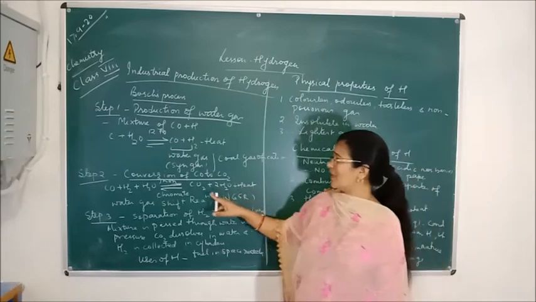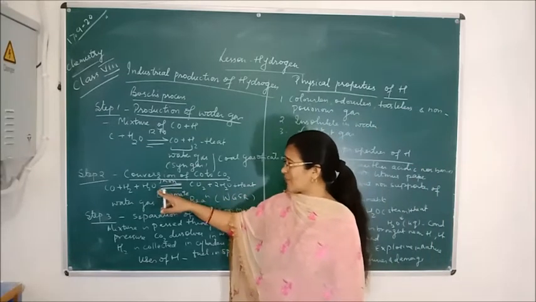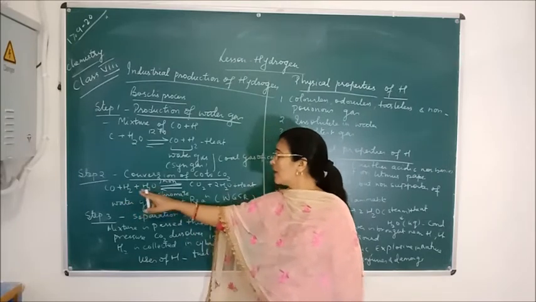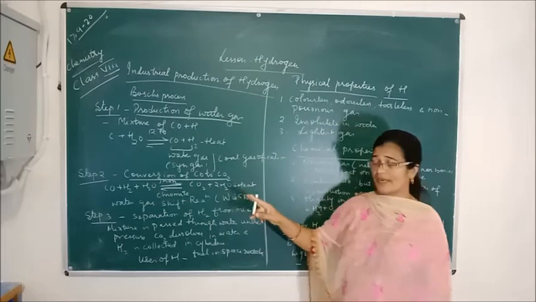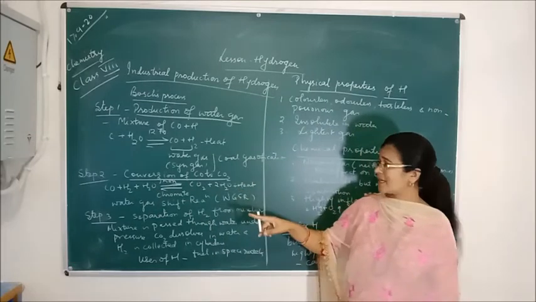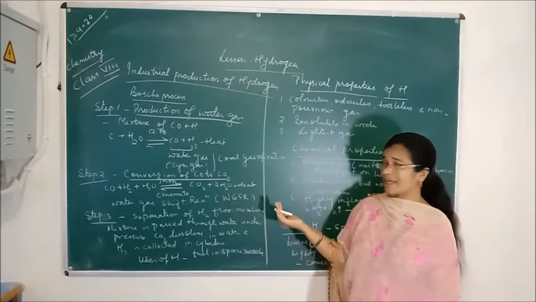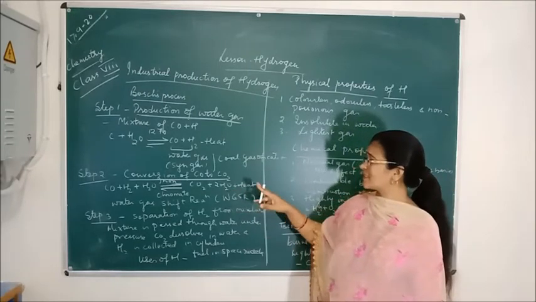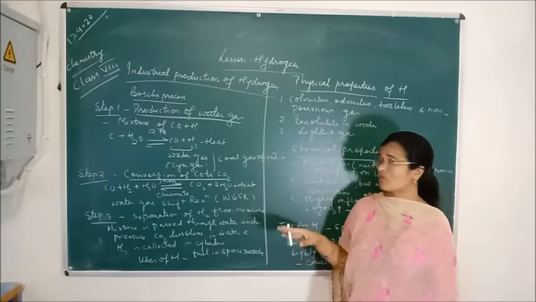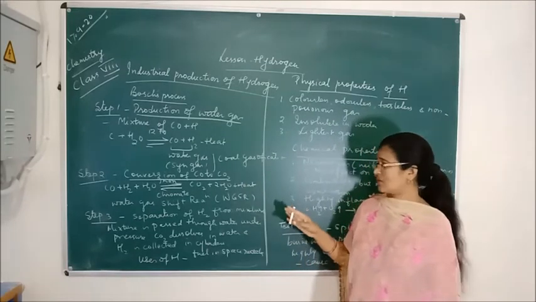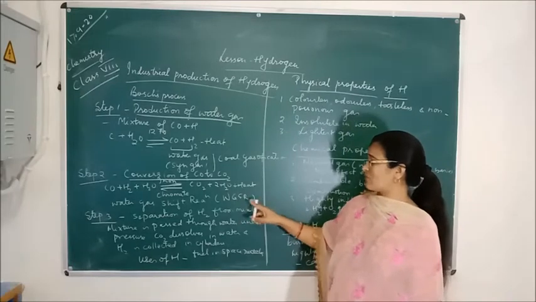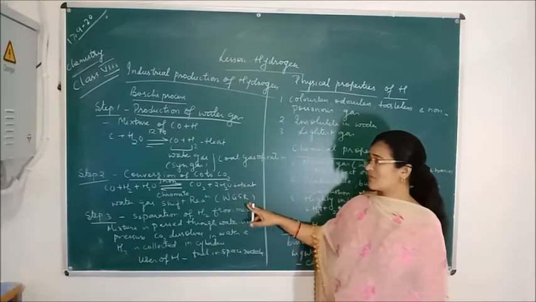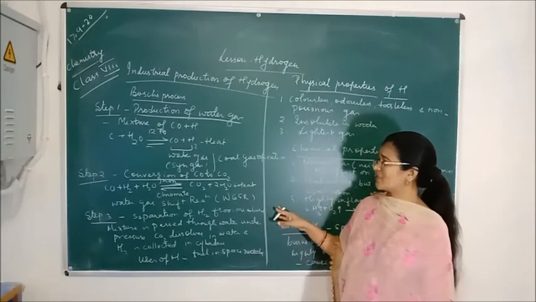So this whole reaction, the reaction of carbon monoxide with hydrogen as well as water in the presence of iron chromate to produce carbon dioxide, that is conversion of carbon monoxide to carbon dioxide as well as formation of water and heat, is called the water gas shift reaction, that is WGSR. W for water, G for gas, S for shift, and R for reaction. So this is the second step.